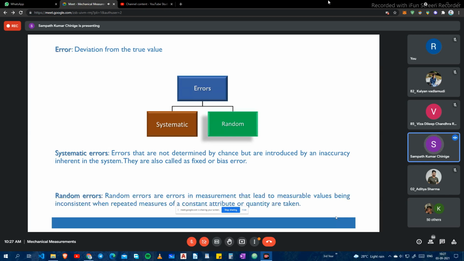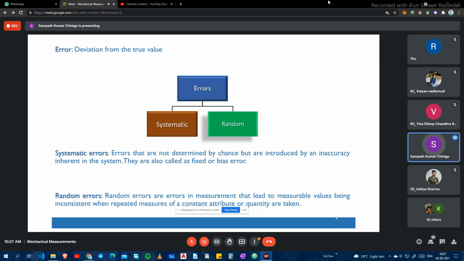So there may be some error which comes in, but whenever the 6 feet high person does the experiment, he will always look from the same distance. So in general, he will get a kind of error. These errors which are consistent, because they are inbuilt within the system, are inherent in the system, are what we call systematic errors. Clear? And random errors are measurements that lead to measurable values being inconsistent